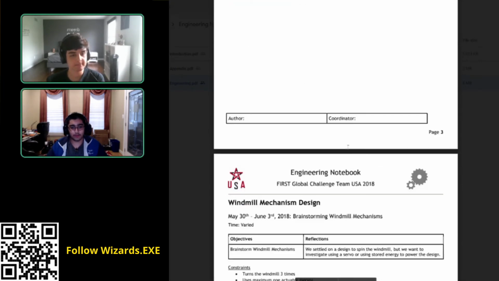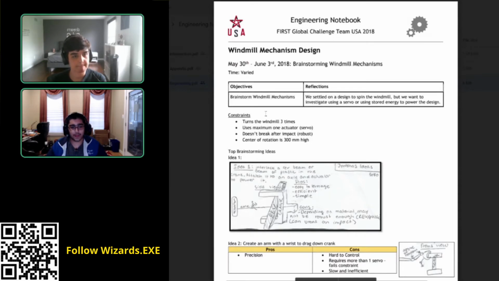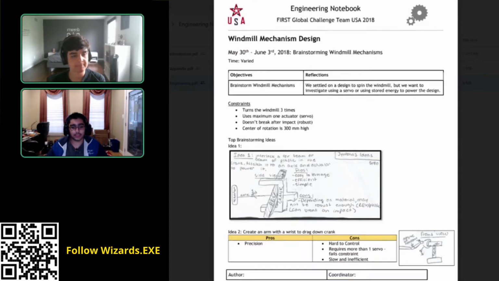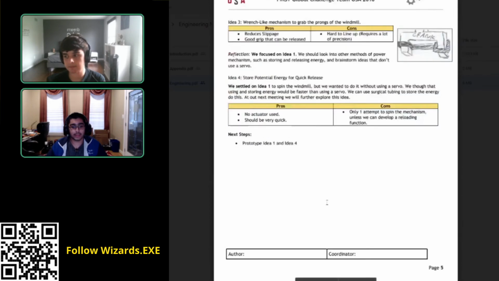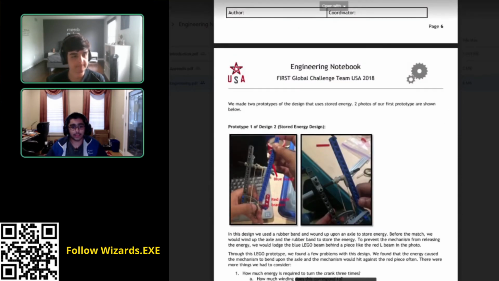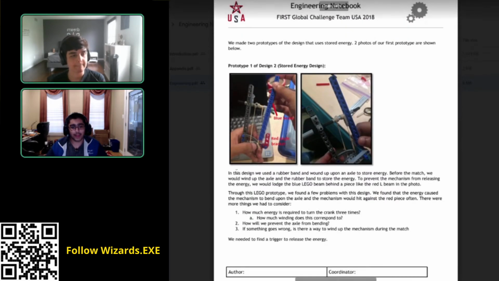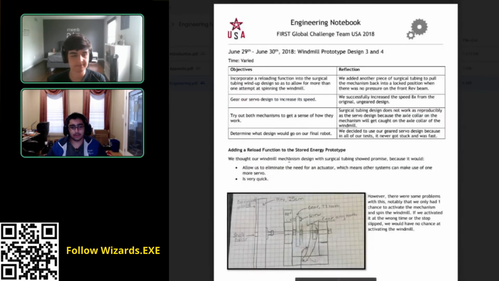Okay. And then lower down, you can see we have the same type of thing, except we'll put images in, we'll put pro and con tables, we'll put CAD images, we might walk through what we actually did, and we'll continue using that same template so that it's standardized: the date, then the time, then the table.